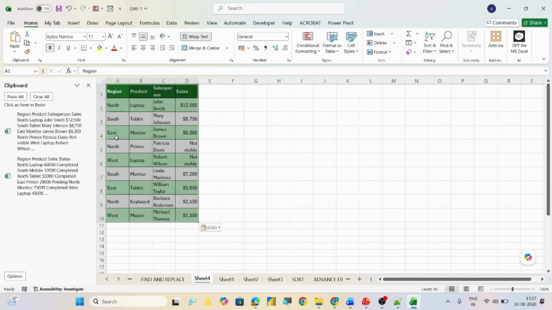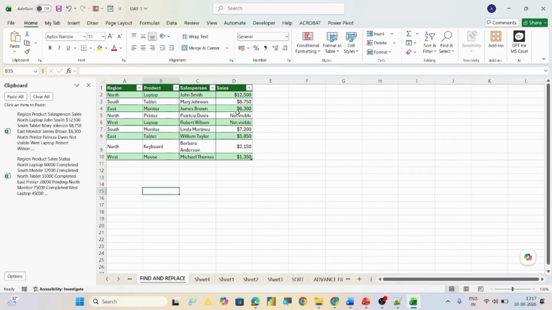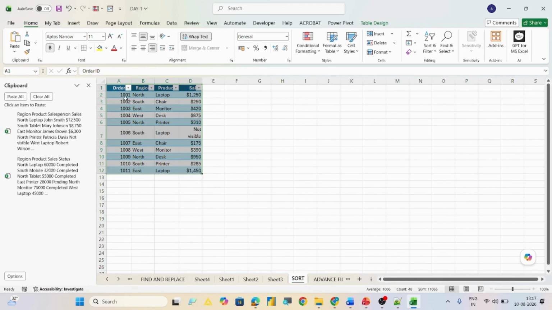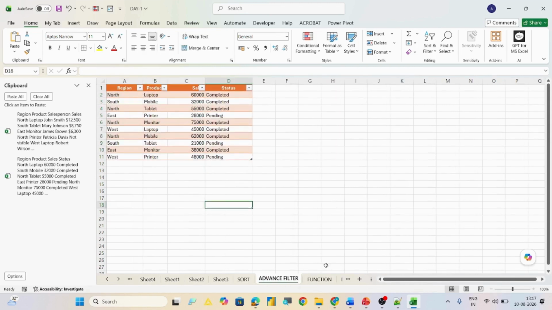At the same place my other data was there. That is why it was not able to paste it, because the range selected was A1 to D10 and the same range was here also. That is why it is showing you the error. So you have to take care of this thing also.